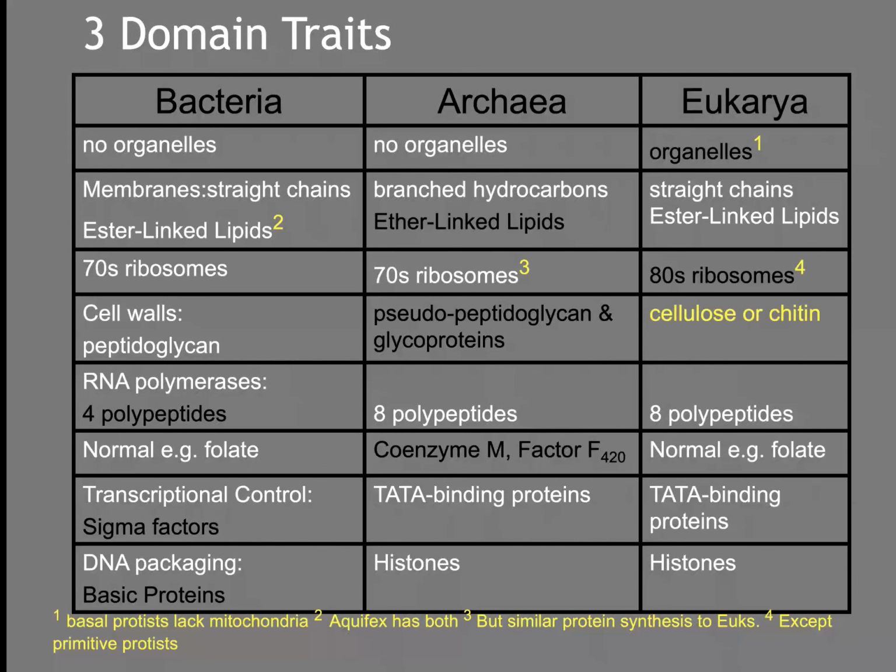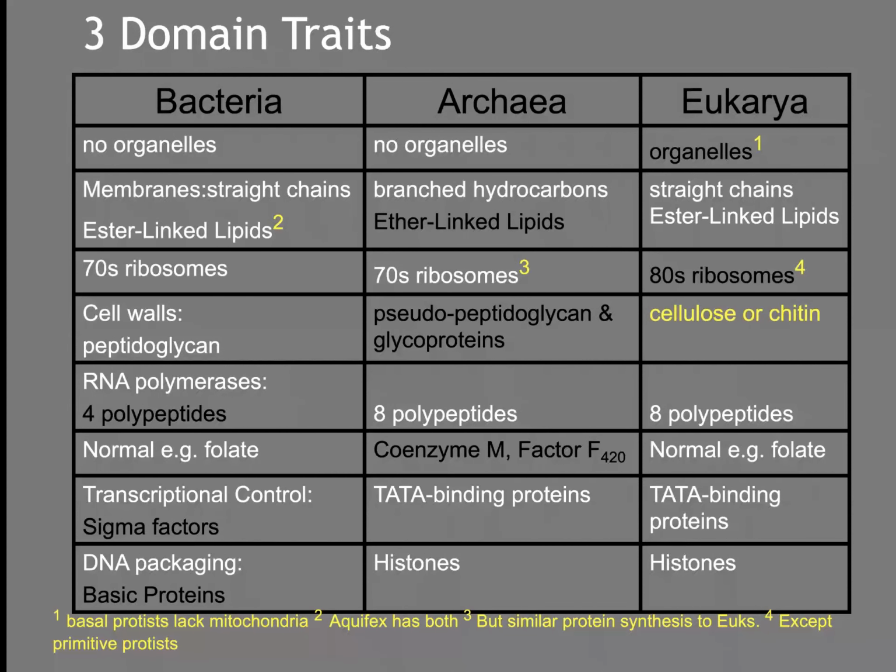This table that I'm showing here basically just shows some different features that the 3 domains have. Okay. And so you can take a look at this. You don't have to memorize it, but it's interesting to see that there are some traits that are shared by bacteria and archaea, like the lack of organelles versus eukaryotes, right? And the 70S ribosomes, which make the 16S, okay, versus the 80S. But then if we think about it,